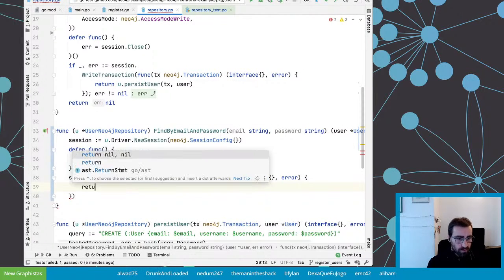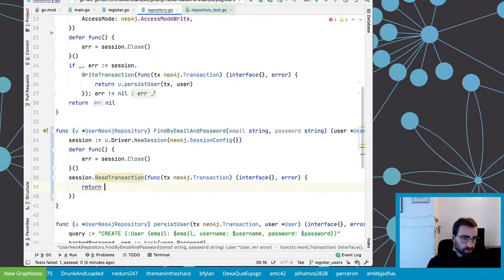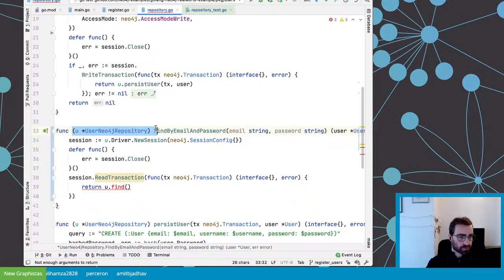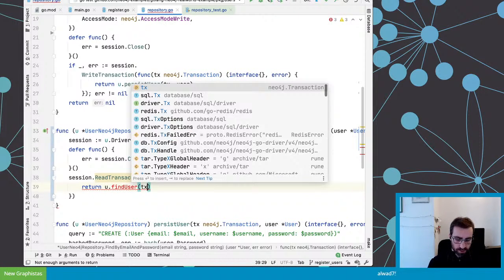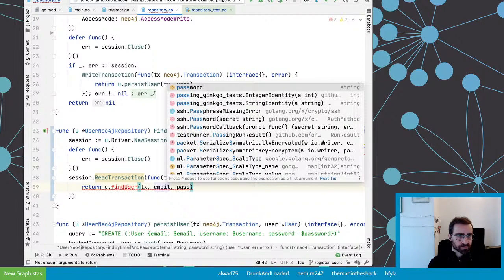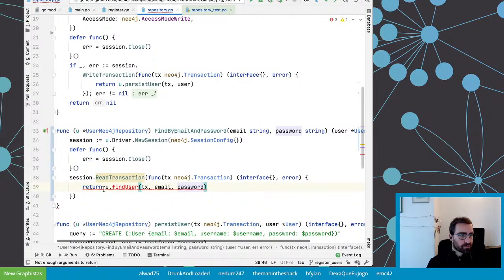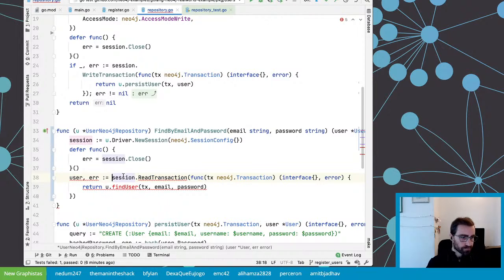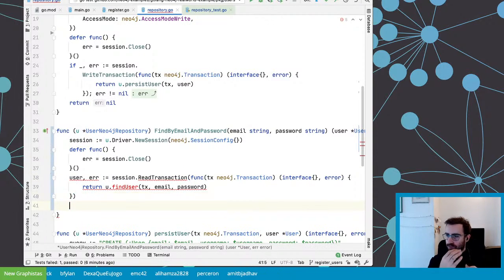And so for now, I'm just gonna do something quite similar to what I've done before, which is delegate that to a method, being just a special function that's got a receiver on a struct, which is exactly what happens here already. So let's say find user, just gonna give the transaction, the email and password, and we'll see how we'll deal with that. That should give me, hopefully, my user and an error. We'll see how in a moment, but I like to write a skeleton of what I want to do and then complete afterwards.